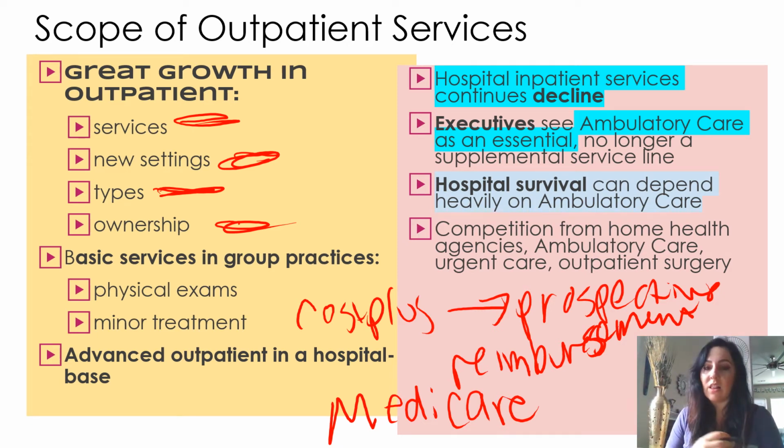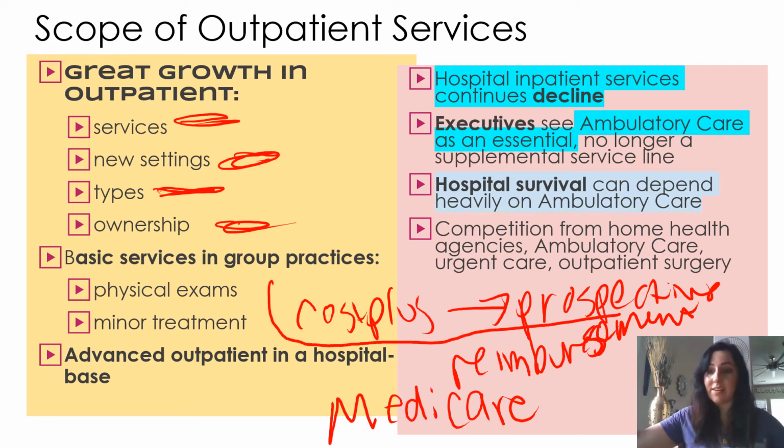Okay, so we see a lot during this time. That's where we sort of went. We got new ownership, new types of stuff, new services, new settings, new everything, and it's all because of this whole shift in reimbursement. The way Medicare did things, they decided to change the way they pay for these medical services, and everyone decided to shift their focus to outpatient, which actually benefited so many people because now we have services that are faster, less invasive, and we can recover a lot quicker. So it's actually kind of a good thing. Anyway,